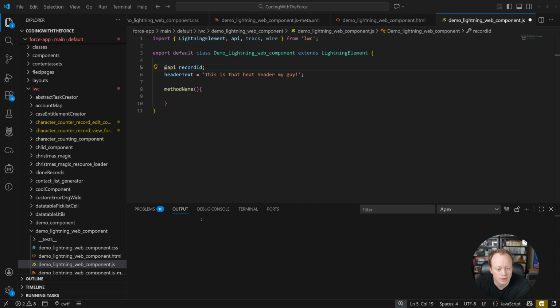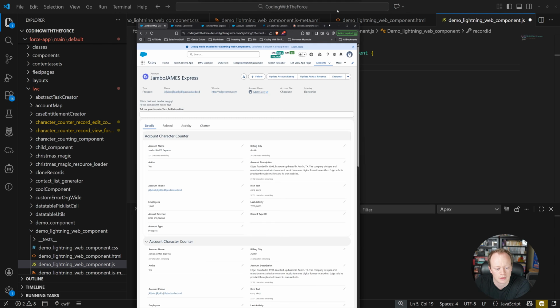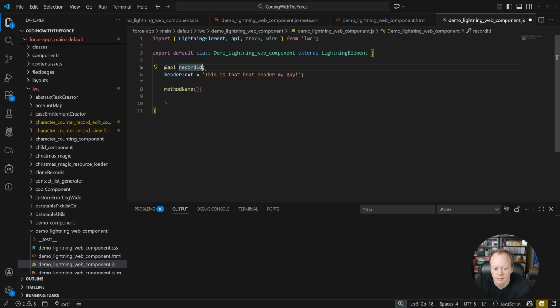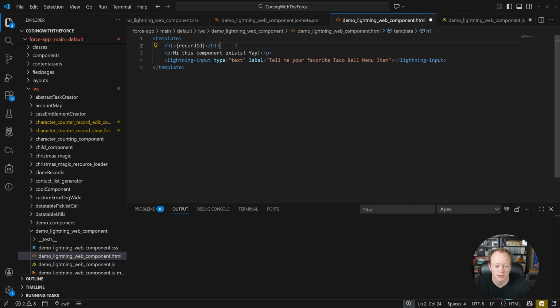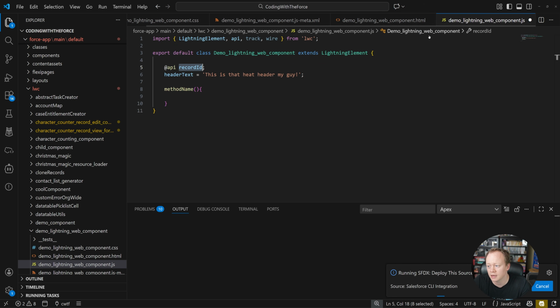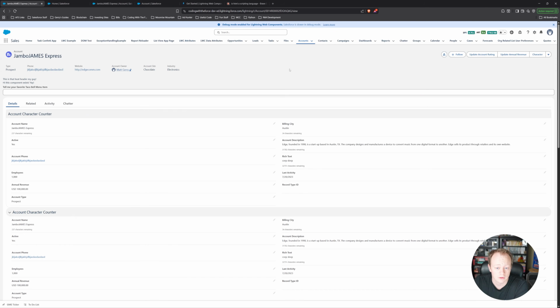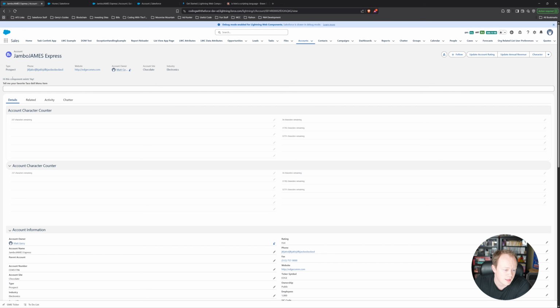So if I was on this account page, right, just by doing this, without doing anything else, I'm going to get access to my account's record ID, which I will just show you by replacing this here with the value record ID. And hopefully after this saves, we'll be able to see it get displayed in our LWC. Oh man, that save's taking a minute for a second there. All right, so if I reload this now, just with that,